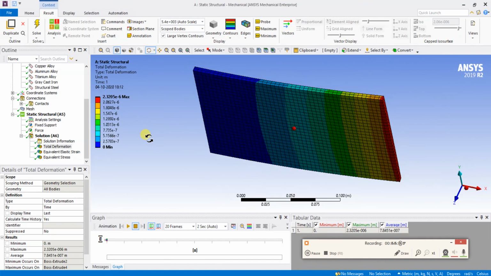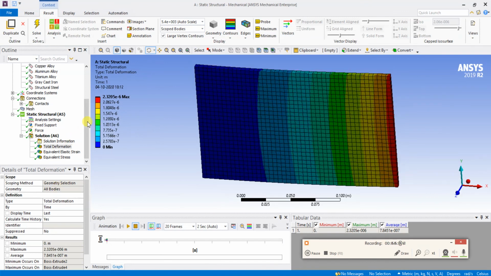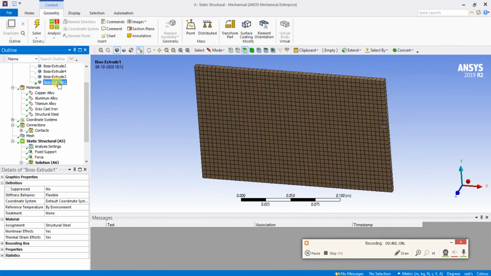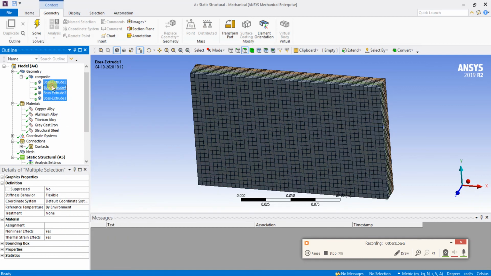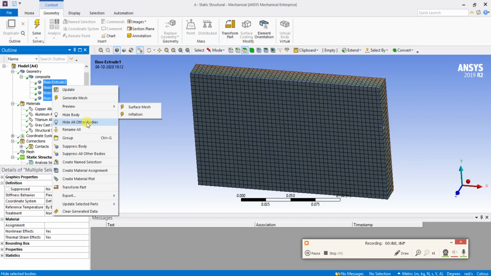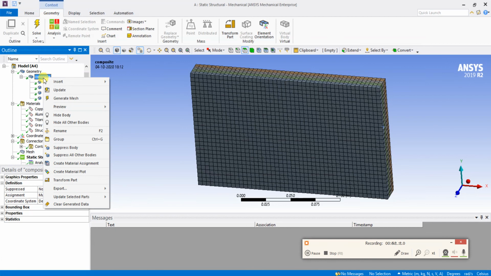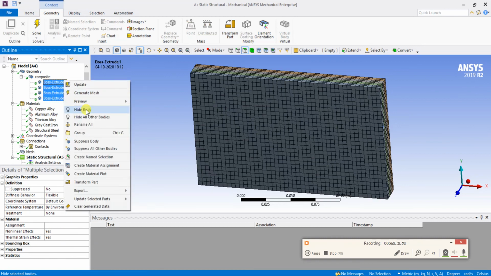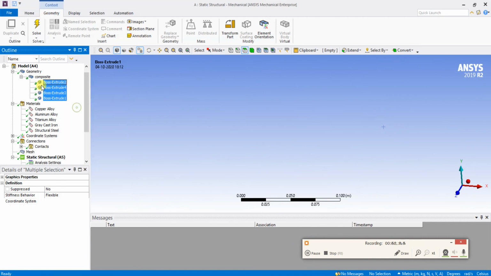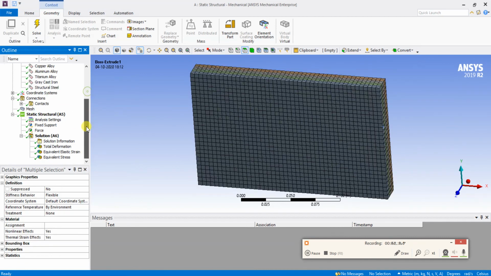This is the first plate we have selected. The first plate material differs from another material, right? For the first plate only, we can see the deformation, and like that, you can unhide the materials that are not needed, and also you can show all the materials. You can simply unhide and show all the bodies. You can select all bodies and show the deformation.